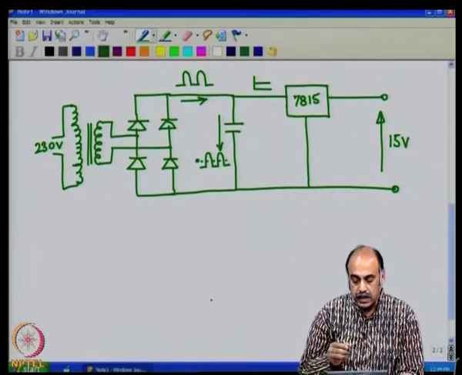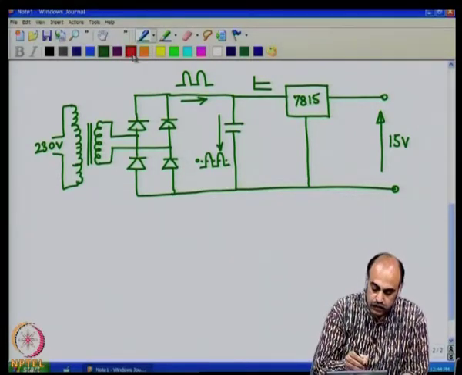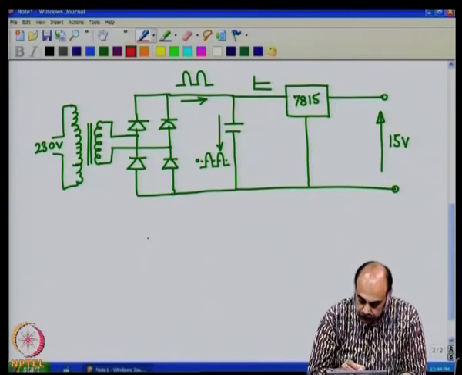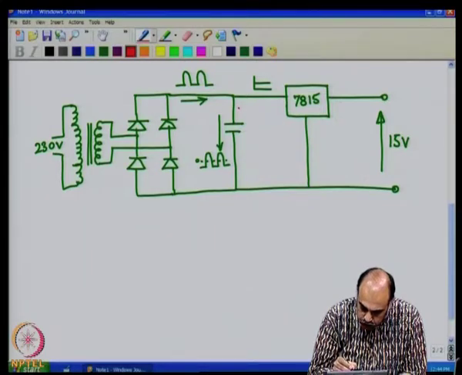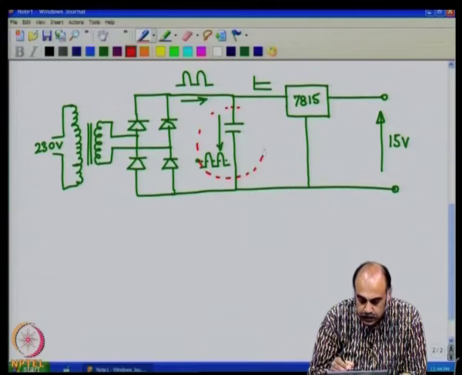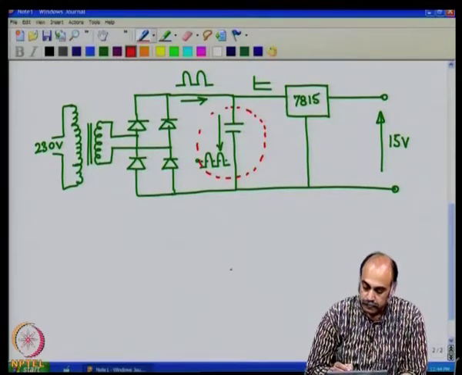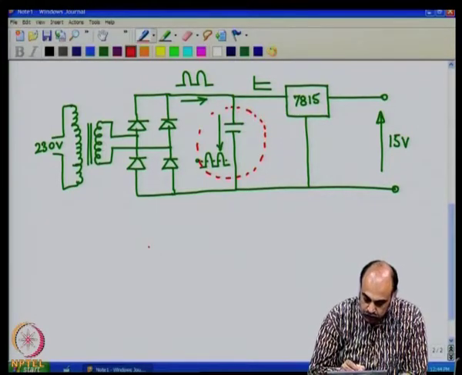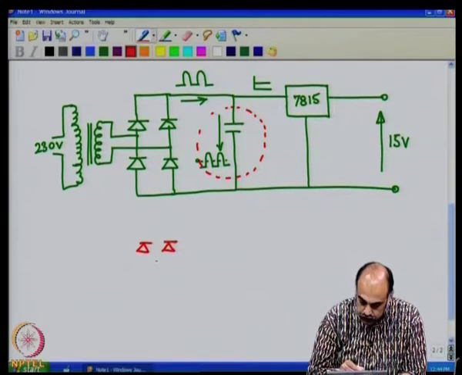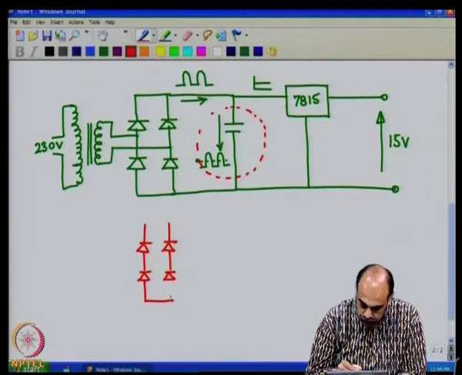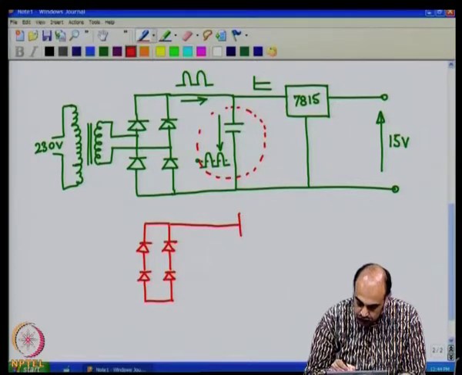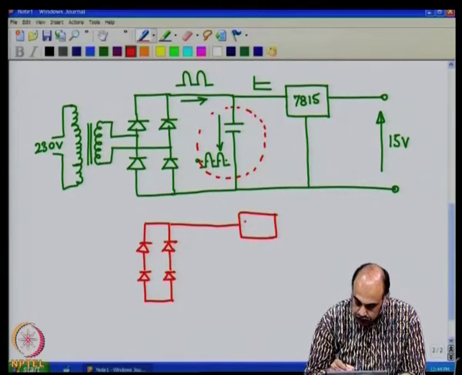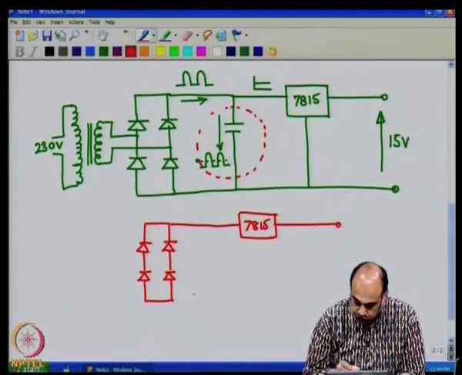Now, let us say that in the PCB, within the PCB, the circuit is something like this. Let us focus only on, let us say, the positioning of this. One possible positioning is like this, where you have the rectifier portion as such. There can be many possibilities. Let us say that we have the regulator connected in this fashion,